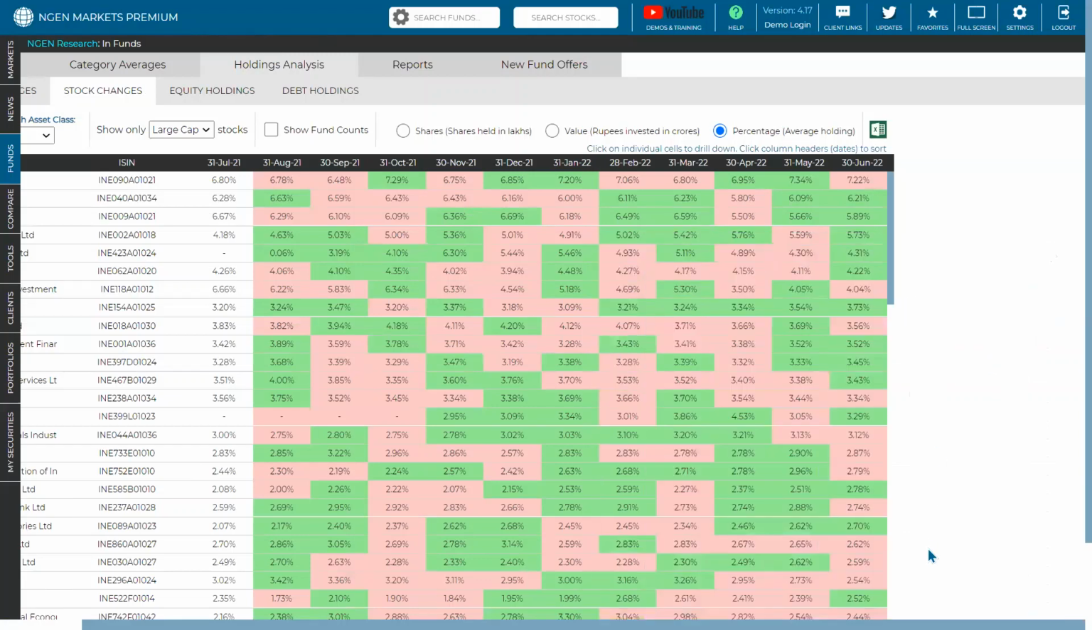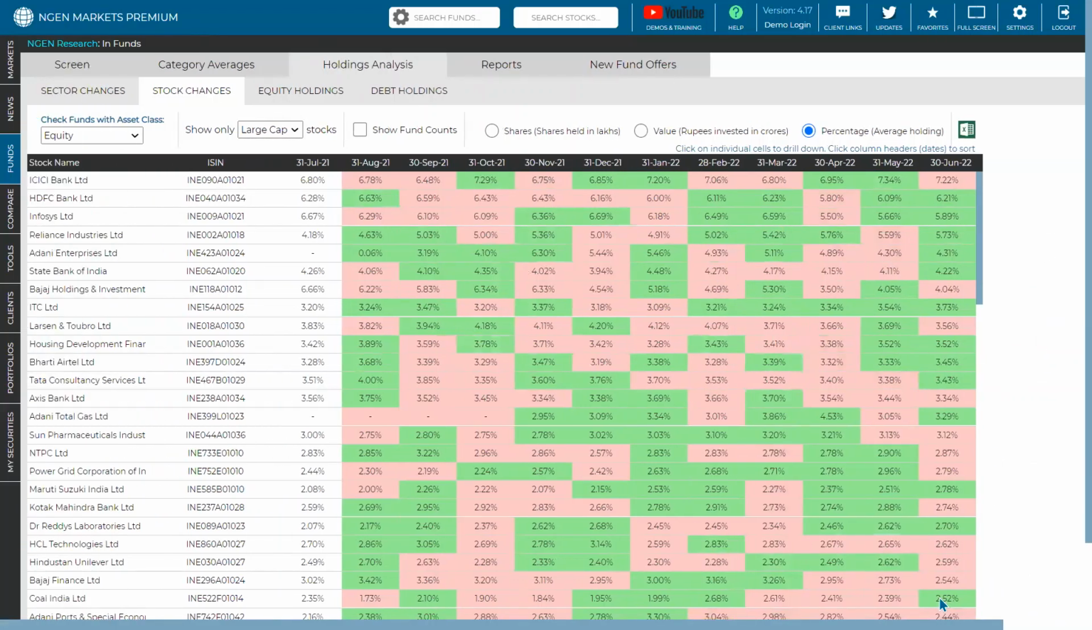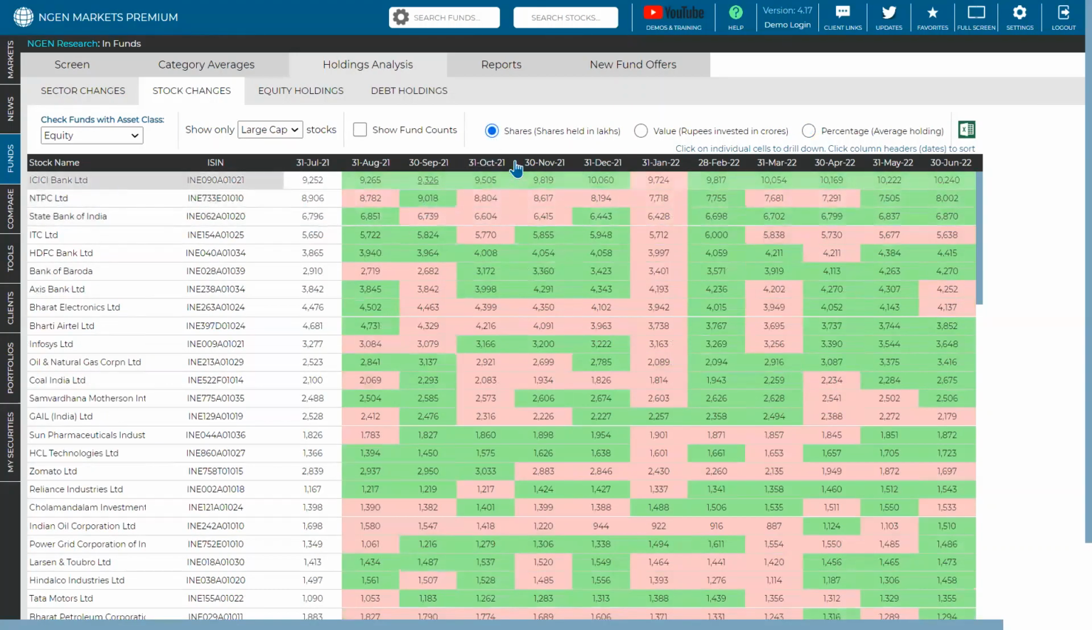So this is very useful if you want to look towards one single stock and want to see what type of average holding all those mutual funds are holding in that particular stock. And you can also look towards the number of shares. So as we all know, value rupees invested in crores was also there in sector changes. You can use this in shares held in lakhs. Now this is very, very useful, whereas you can see how many shares have been increased for that